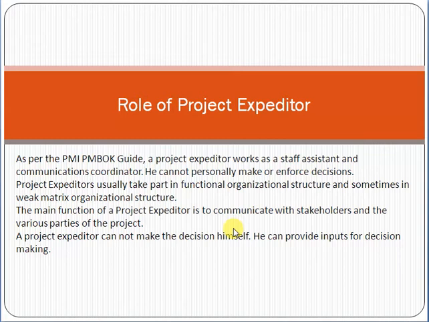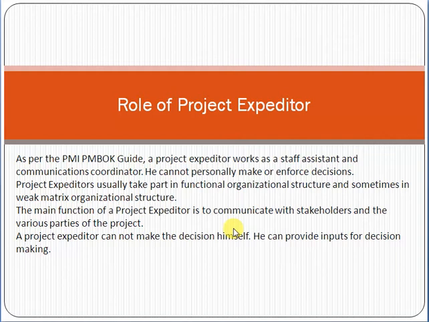Now can we say that the production of chairs in a factory is a project? No, we cannot say that it's a project because it's an operational task, it's a repetitive task. So production of chairs in a factory can never be said to be a project, it is an operational task. Now friend, if we understand the concept of project, we can talk about Project Expediter.